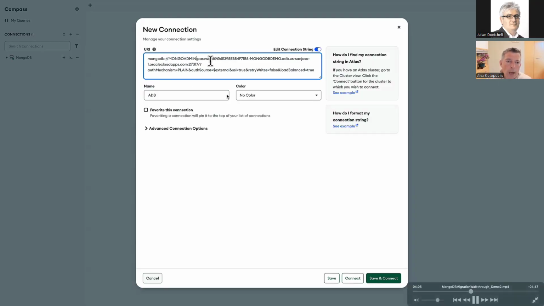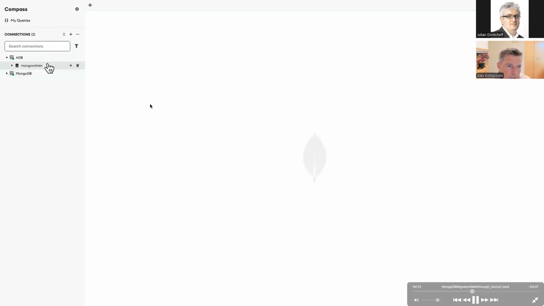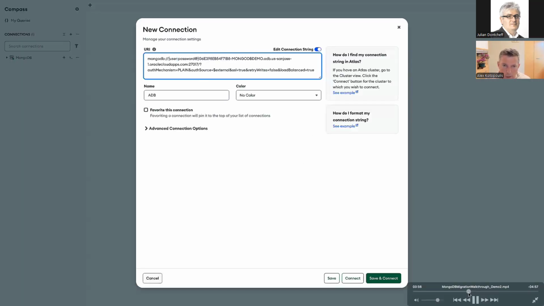So here I'm adding, I cut and pasted the URI. I added the password. One thing I also did, let me just go back quickly,